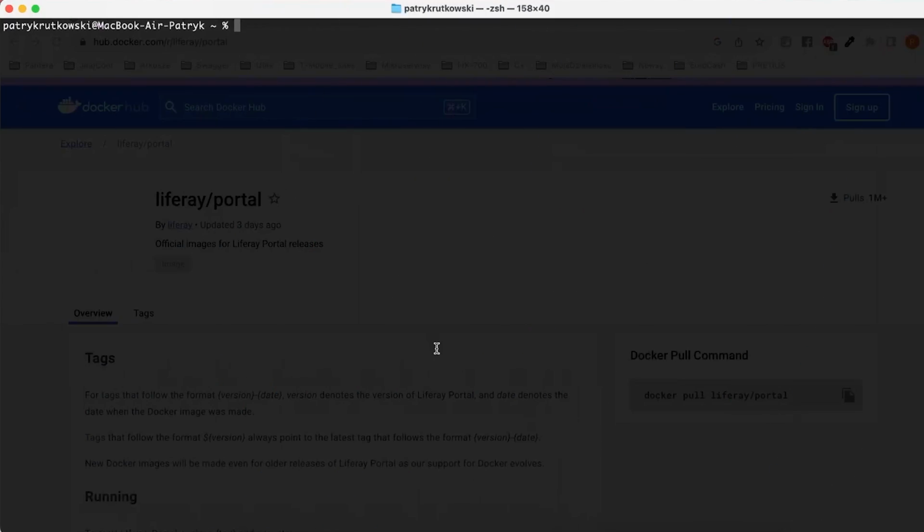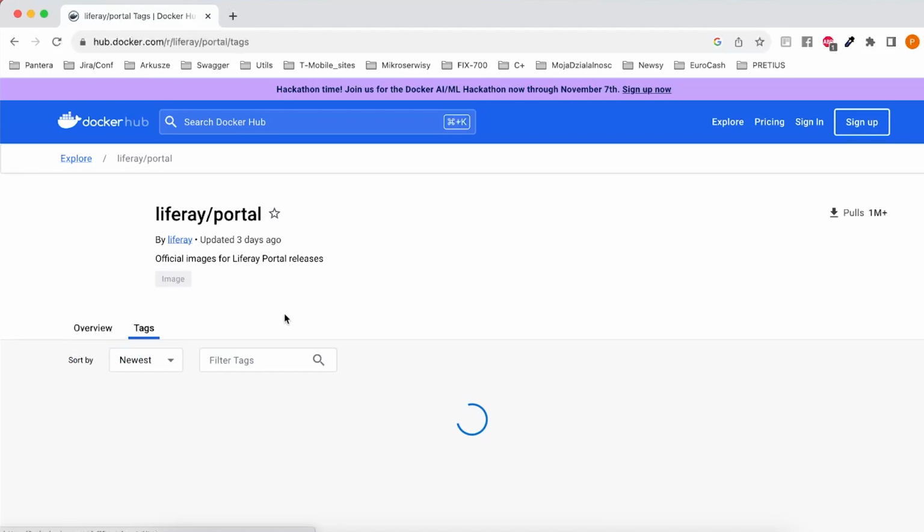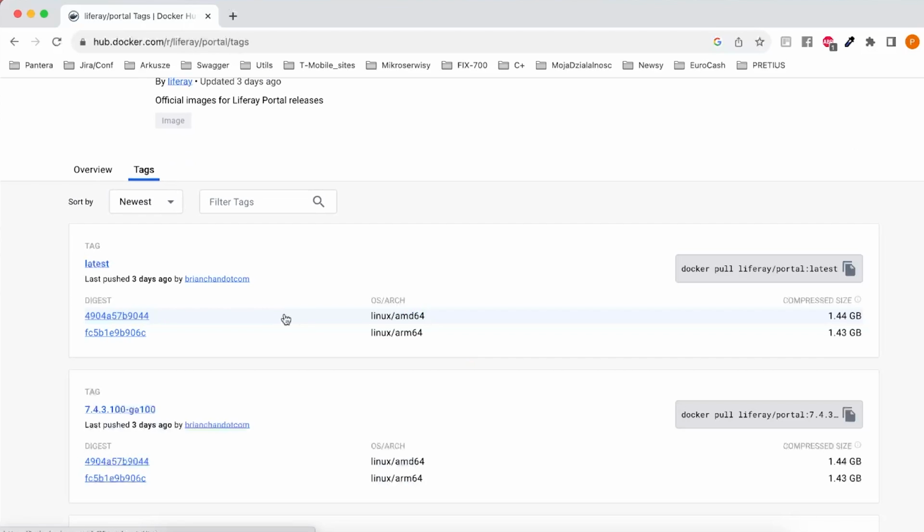Okay, so before we start using Liferay, first we need to download and create our own Liferay instance locally. For this, we can use Docker. We will download the image of the Liferay version, and then we will try to install it locally. We can get the Liferay image from the Docker Hub. I will give you a link in the description. We can go to the tags page and we can download the latest tag or the tag with the specified version. I will create an instance for the version